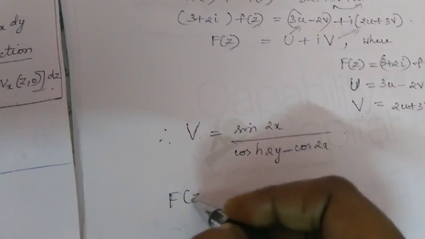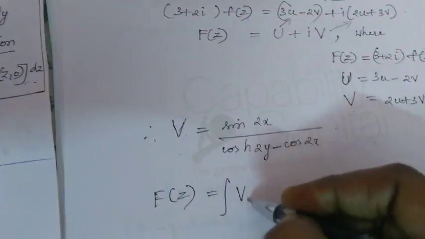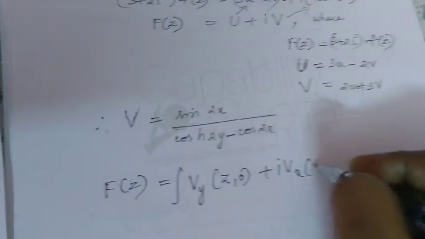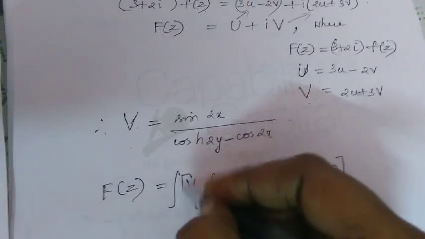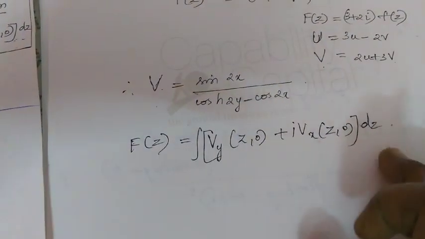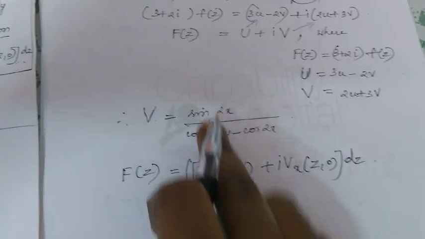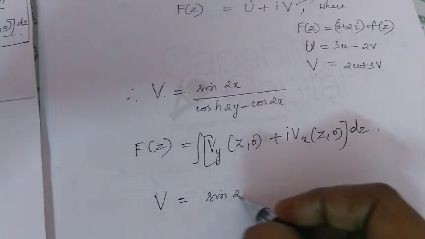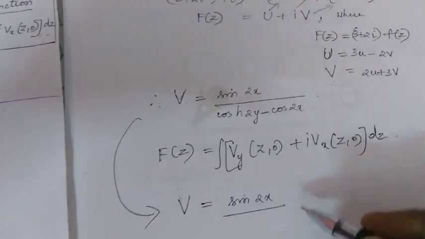That's it. Okay. So let me write here the small f of z. I'm going to write it as what now? Capital F of z, which is equal to, remaining all the same, integral of Vy of z comma 0 plus i Vx of z comma 0 into dz, right? See this, I have written the same formula here. Instead of small f of z, it is capital F of z. That's it. Okay, and now I should find out Vx of z comma 0 and Vy of z comma 0 from this equation. Okay, so let me write your V again. So it is V is equal to, this V I am just writing again for my convenience.